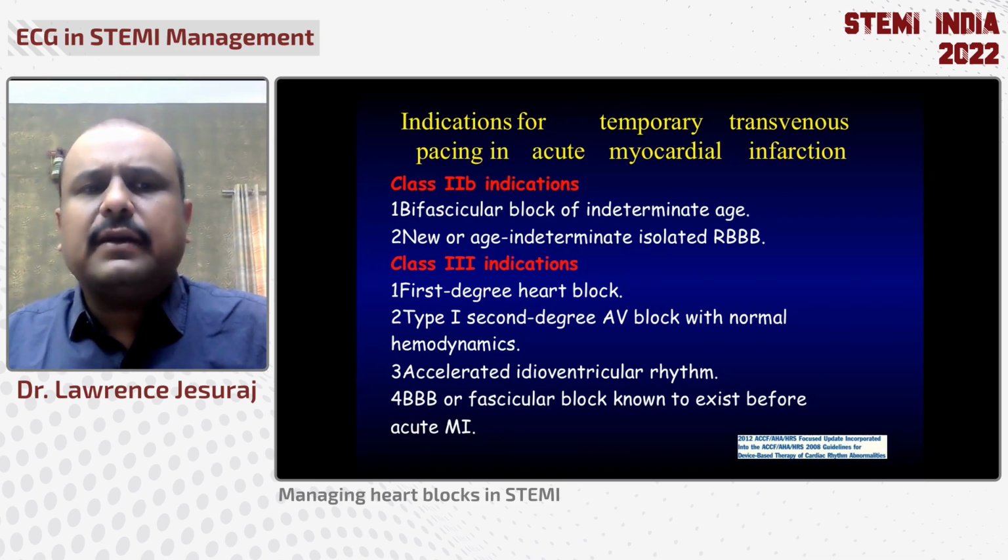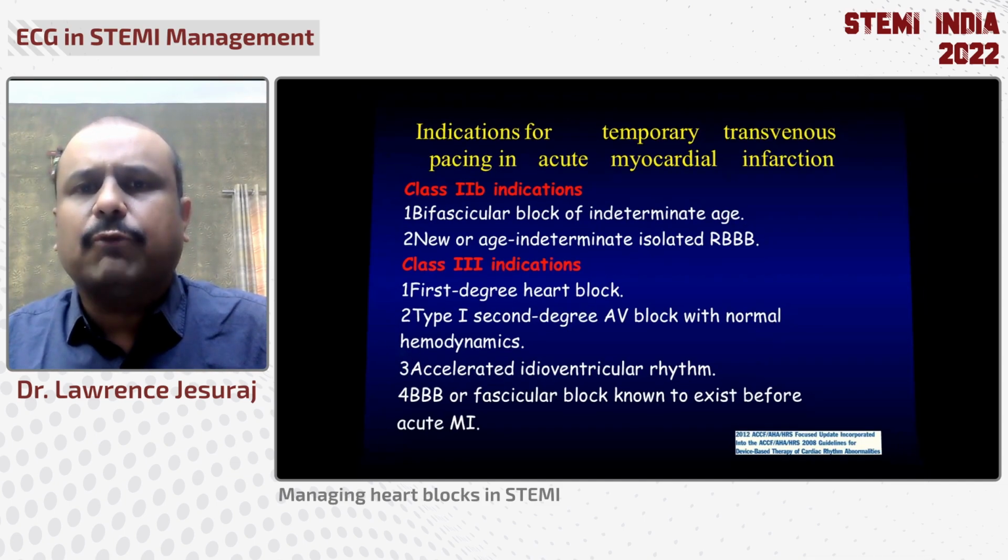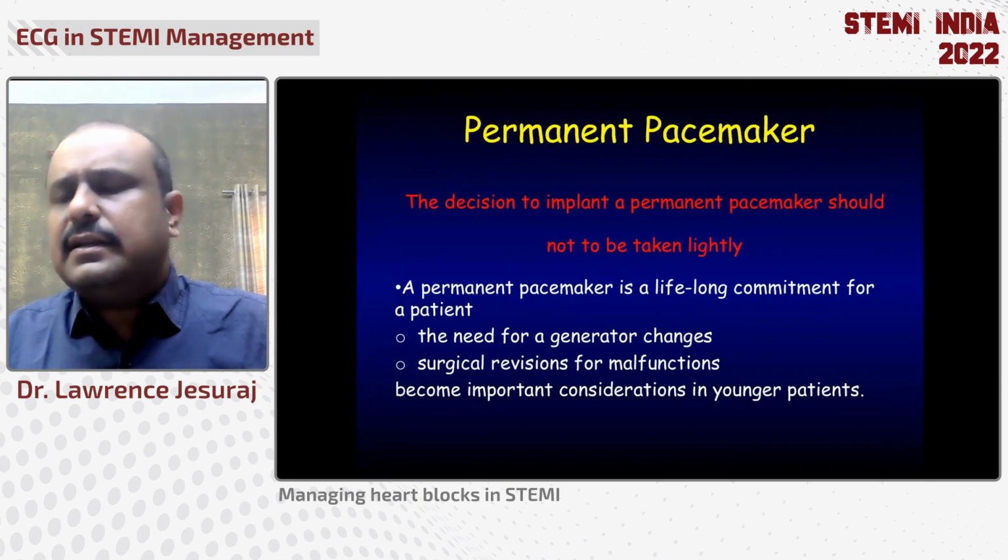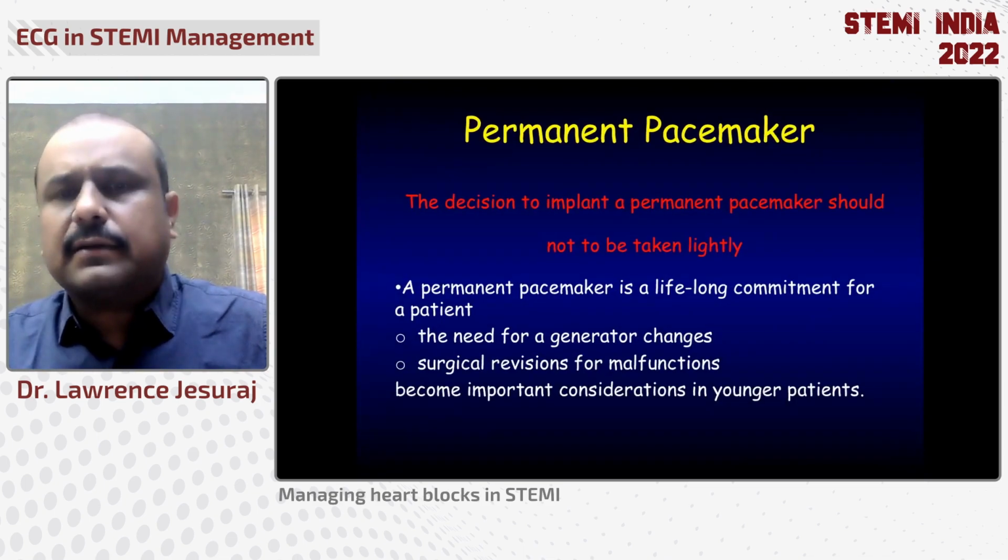You don't put in a temporary pacemaker if a patient has a first degree AV block or a type 1 second degree AV block with normal hemodynamics, or an accelerated ventricular rhythm, or a fascicular block or bundle branch block that existed before. The indication for a permanent pacemaker in an acute coronary syndrome situation is limited, and the decision has to be made